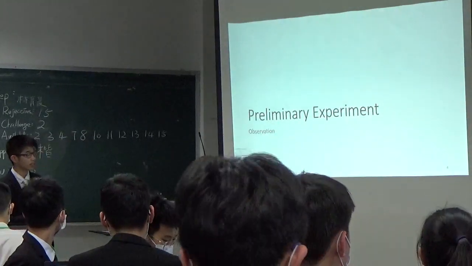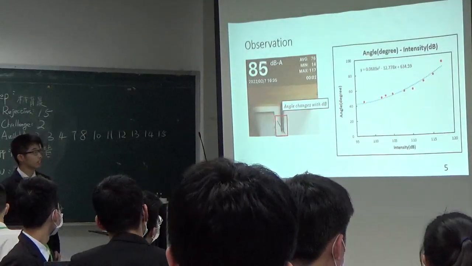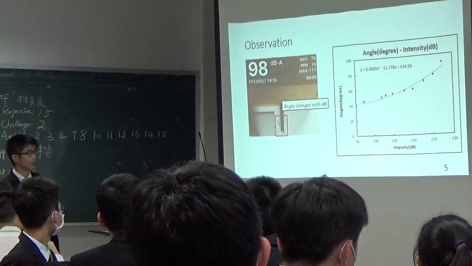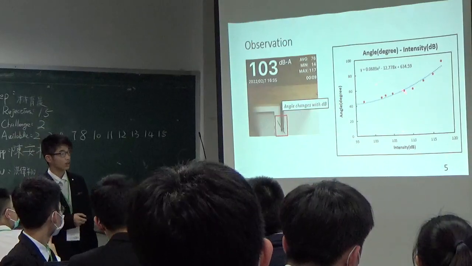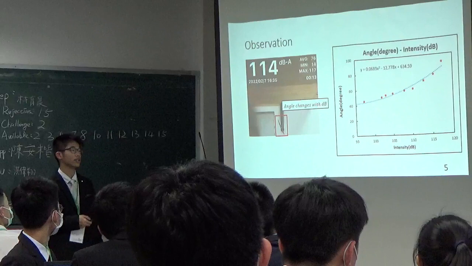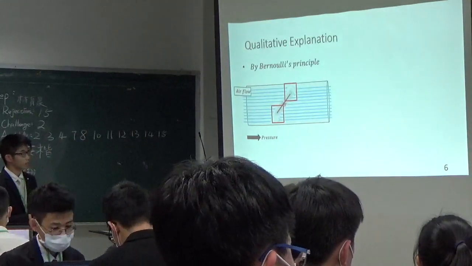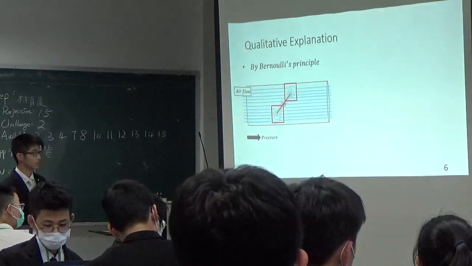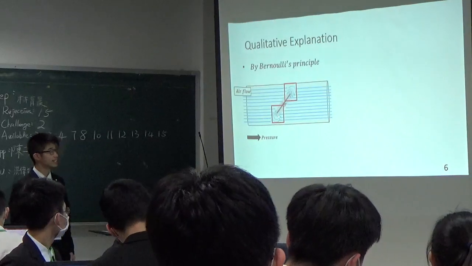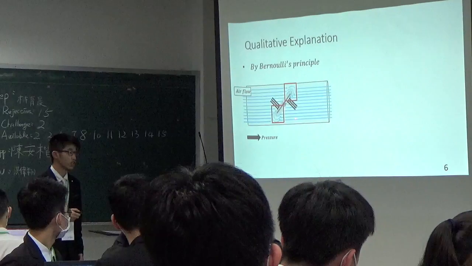This is my preliminary experiment. As you can see in this observation video, when the sound intensity increases, the tilting angle also increases. And in the graph, you can observe this phenomenon, that the angle changes with the sound intensity. This phenomenon happens because the sound wave causes the air to vibrate and creates airflow. When the air flows over the disk, it causes a pressure, and it will generate a torque and let